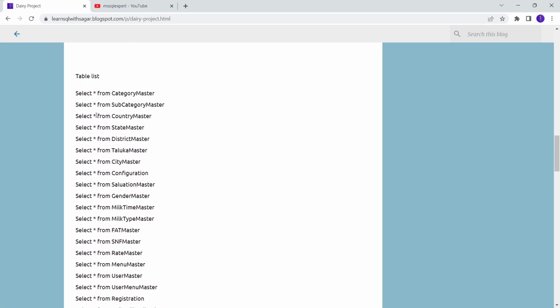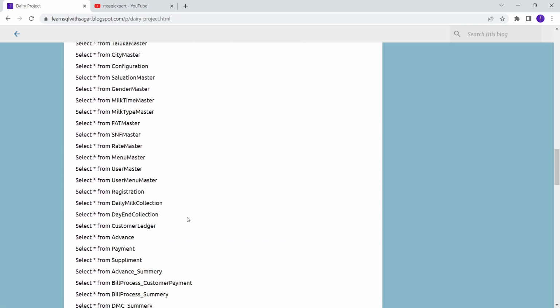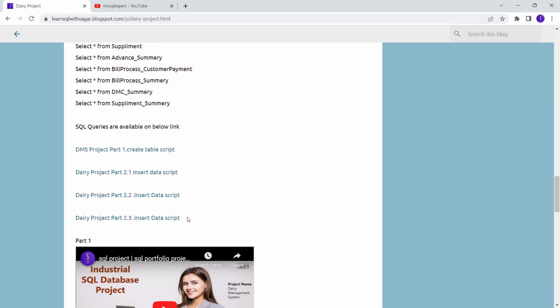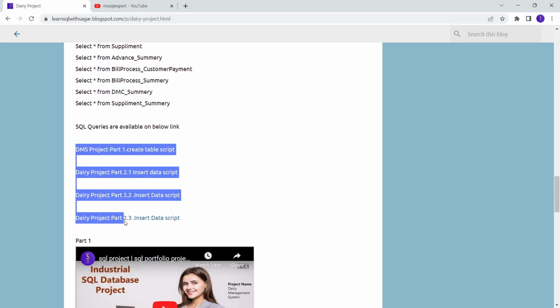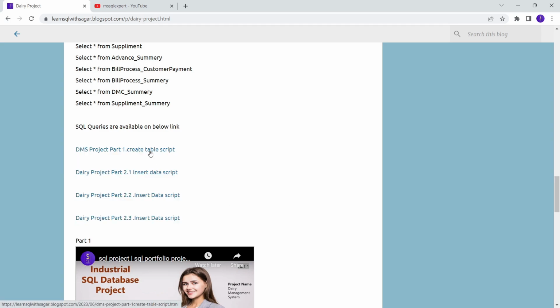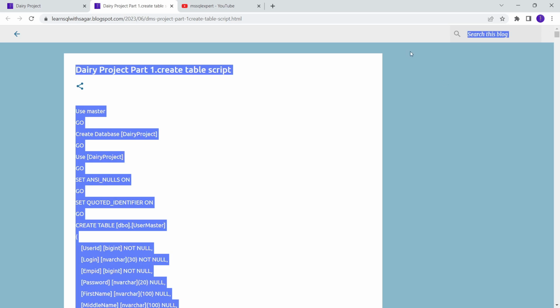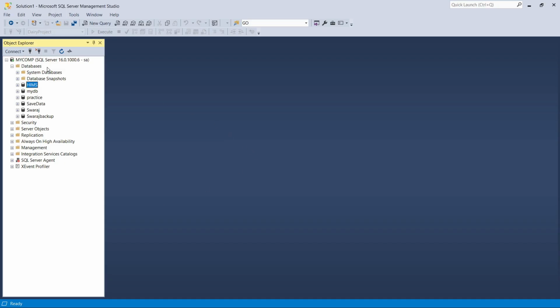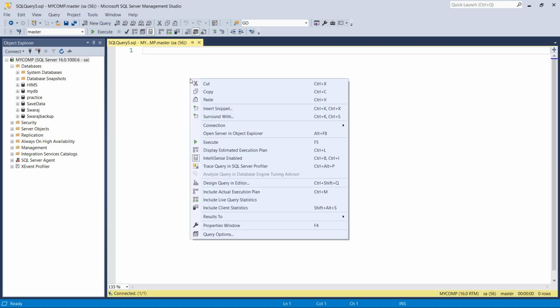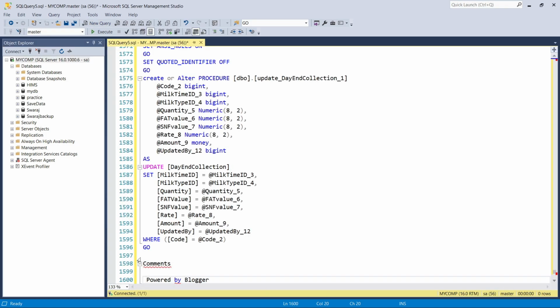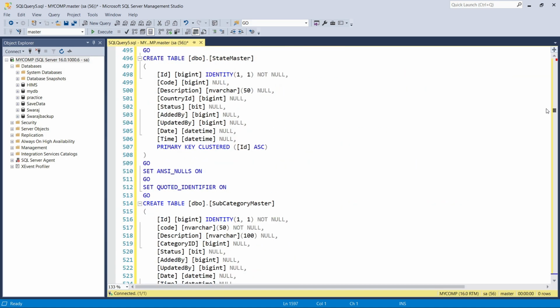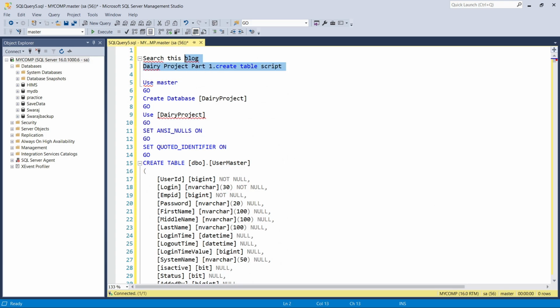This is the select list, whatever tables we saw in the last session. And here are the table scripts. If you click on it, you will get the complete list of table creation scripts. So copy it, go to SQL Server, click on New and paste it. At the end, you have to remove the comments and "Powered by Blogger,"